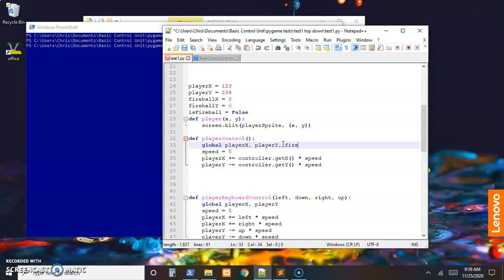So global fireball x, fireball y, and isFireball. And then after the player moves, we can just check and see if it's time to throw a fireball. So if not isFireball, so if this variable is false, which means there's not one on the screen,